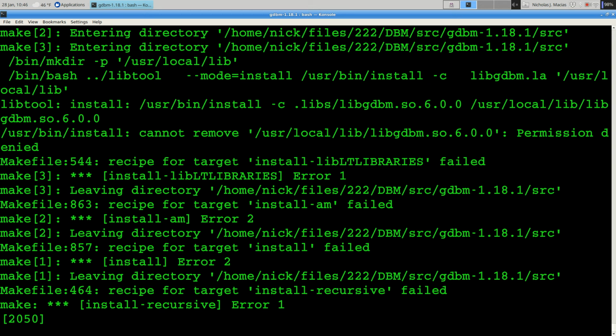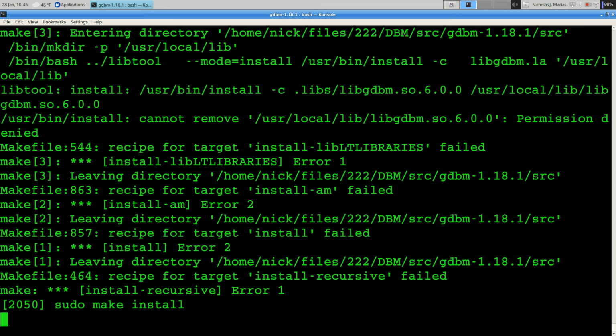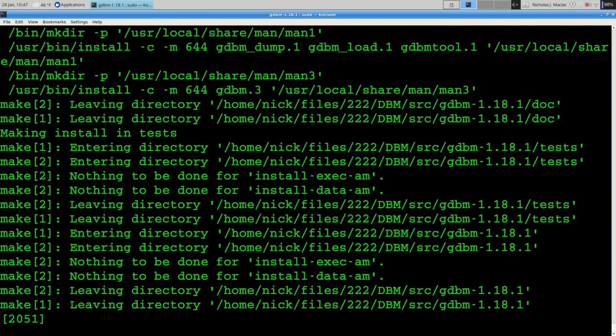And the error it gives me is cannot remove, permission denied, things like that. Because I'm trying to install into the system areas on this machine, and by default, my user ID can't do that. So you do sudo, which says run this as a super user, and it goes ahead, no errors,